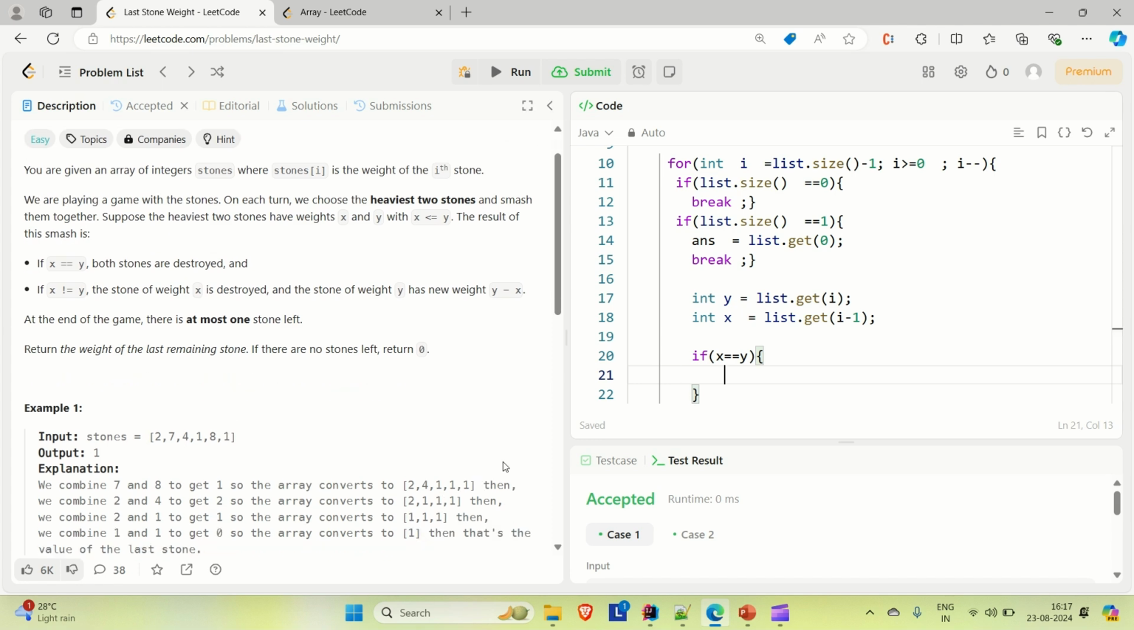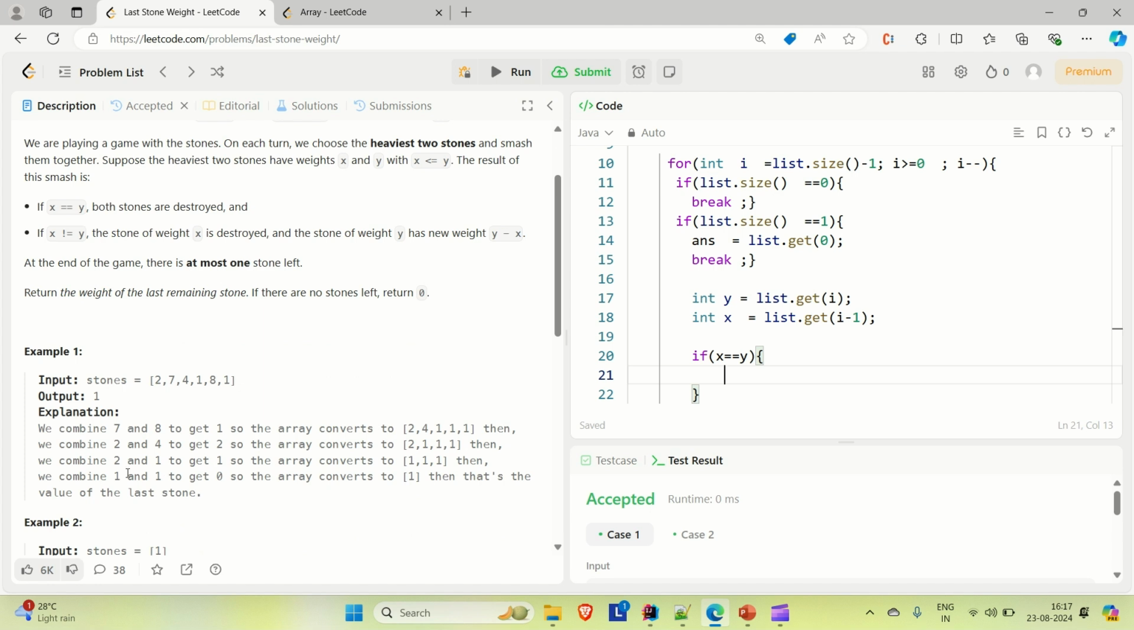Okay, if we check this condition here, we combine 1 and 1 and get 0, so the array converts to 1. Earlier we were having 3 ones, we smashed these 2 and got nothing. So these 2 are removed, only 1 is left, and that is the last element, and that is what we return here. So in the case where x and y are equal, we have to remove both of them from the list. So list dot remove,